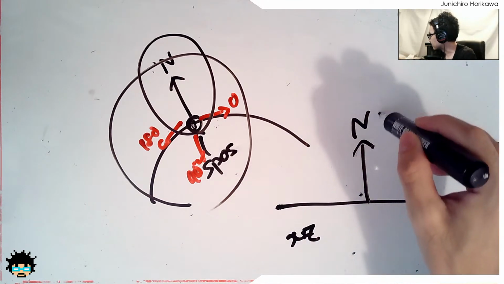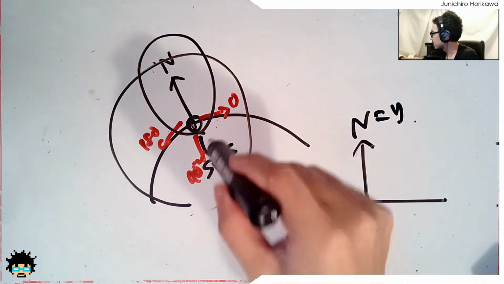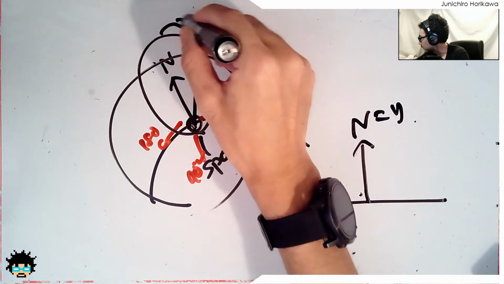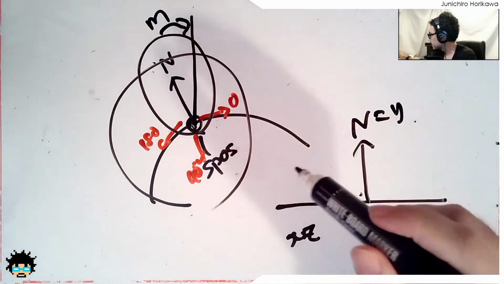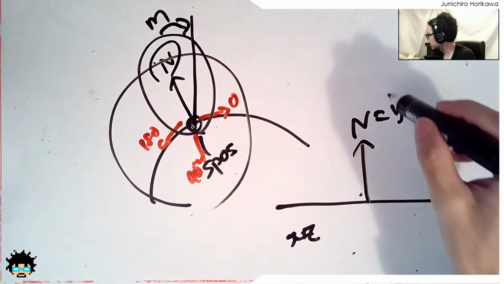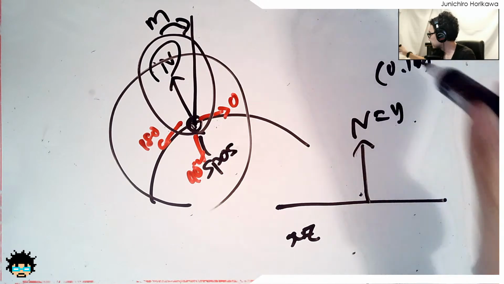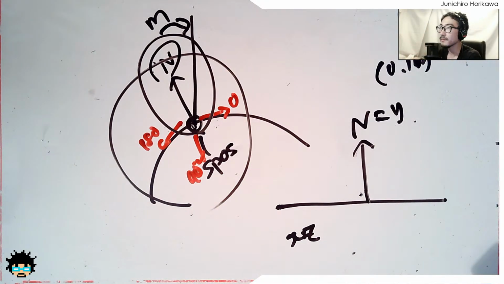So this normal will be equal to y. First of all, create a rotational matrix so that n becomes the 0, 1, 0 vector, right? And after you have retrieved that,